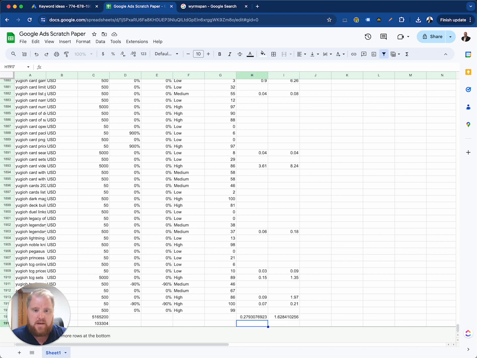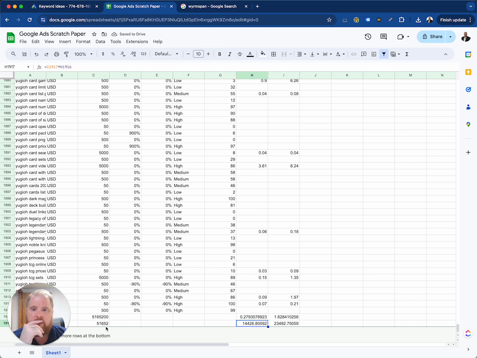And then if we take that average times our clicks, now you won't spend that much on ads. That's $28,000 a month if you wanted to get all of these clicks. But here's the thing: we're not trying to get every single person. I mean, we could drop this down to 1%,